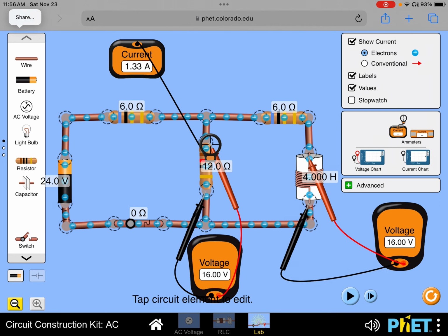Now let's run the simulation, and you see that with the time that is passing, the voltage at the inductor little by little goes to 0. And the current